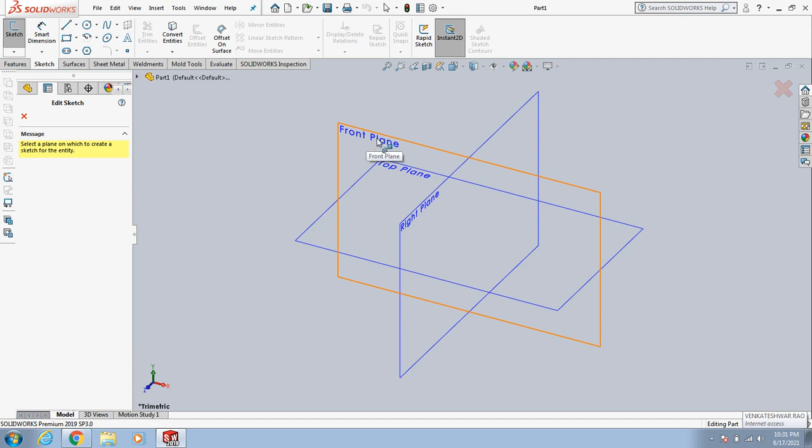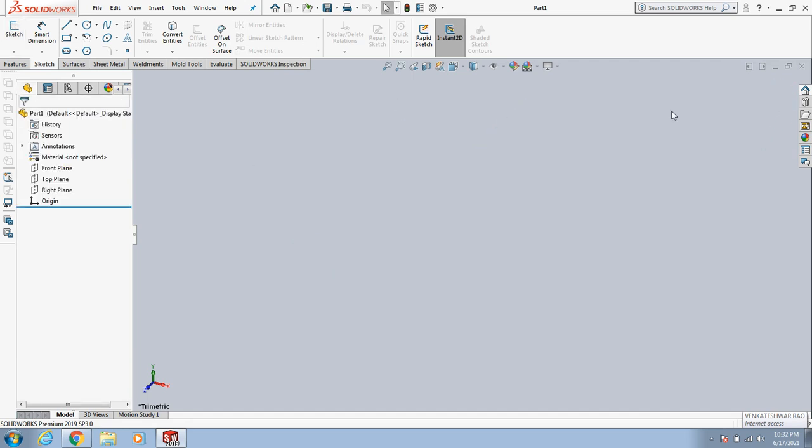I can select any plane from here, like front, top or right plane. As I told in the last session, we have three default planes with the software, so you can use any of these planes for drawing the sketch.